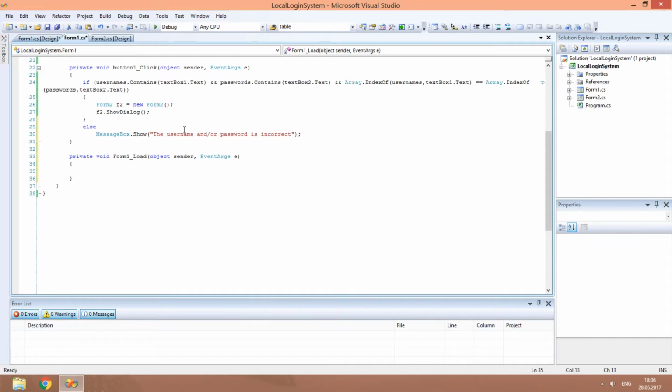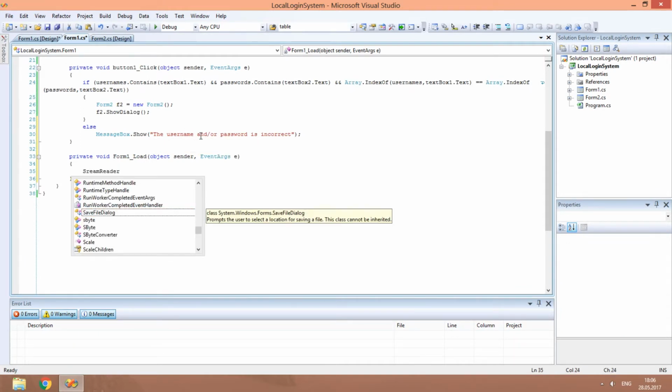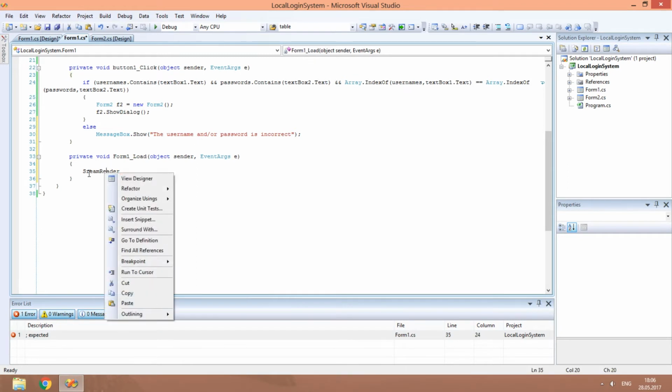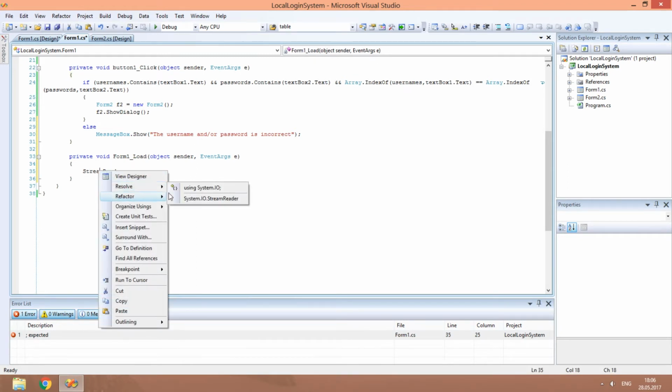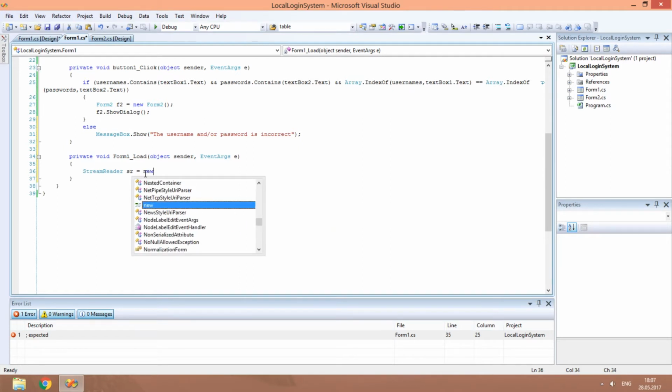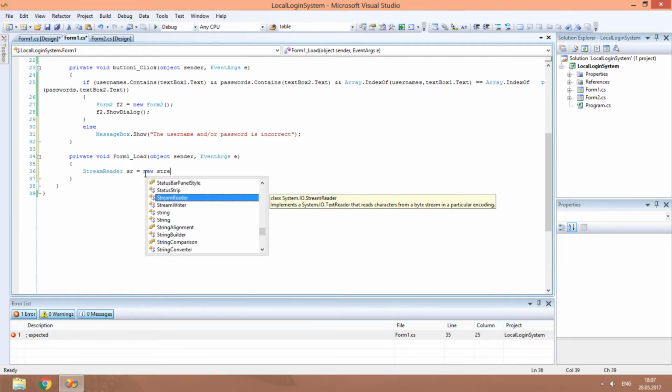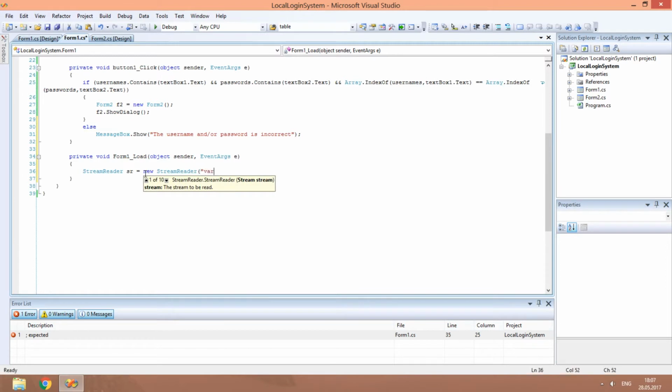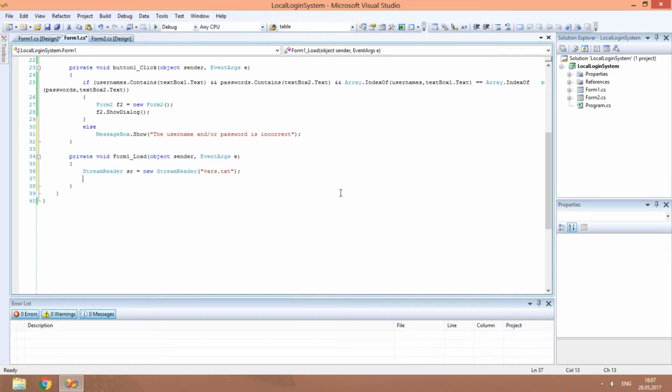The app will read the TXT file when it starts. I prefer using StreamReader to read files. Type the name of the TXT file and its extension. The app will read it line by line.